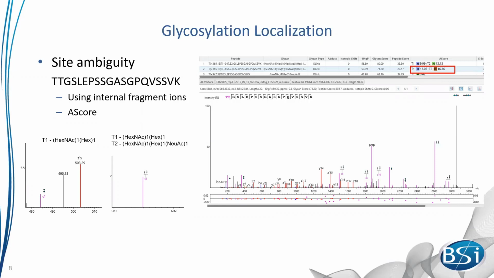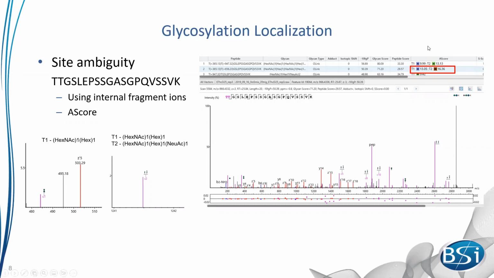Right. So one of the first problems that we have to deal with in terms of identifying glycopeptides is site ambiguity. And what do I mean by that? It means, what do you do in the case where you have multiple sites where a glycan can attach, such as an O-linked glycopeptide, where it attaches to threonines and serines. Take, for example, this peptide here, where you have 1, 2, 3, 4, 5, 6, 7, 8 possible sites where a glycosylation can happen. So localizing a glycosylation on this spectrum can be quite difficult.